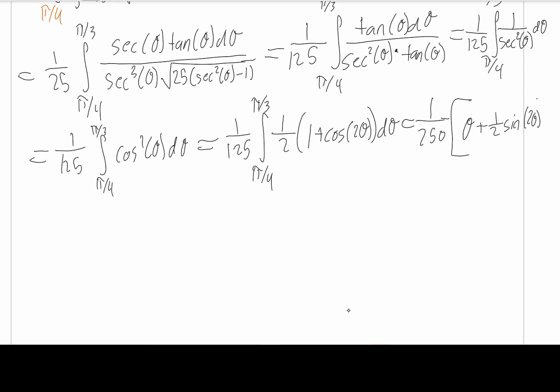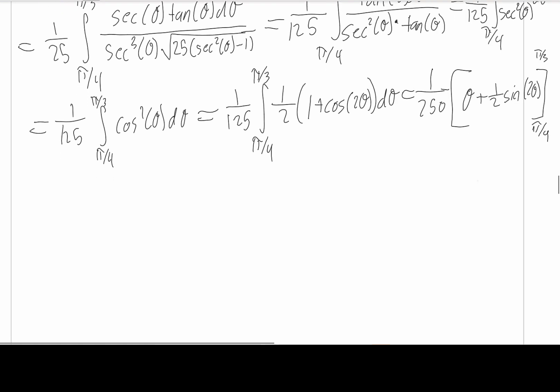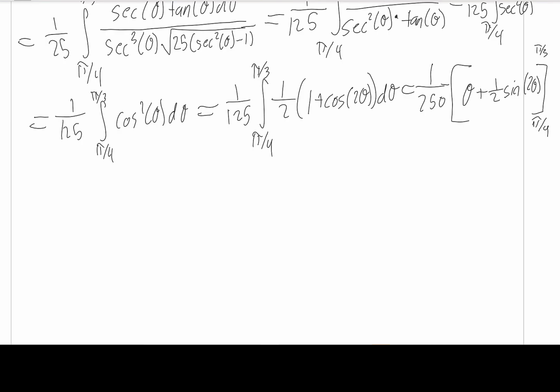So we're just going to take this and evaluate from pi over 4 to pi over 3. Okay, so let's see how this works out. This will give me 1 over 250 times, so I plug in pi over 3, I'll get pi over 3 plus 1/2 sine of 2 theta,